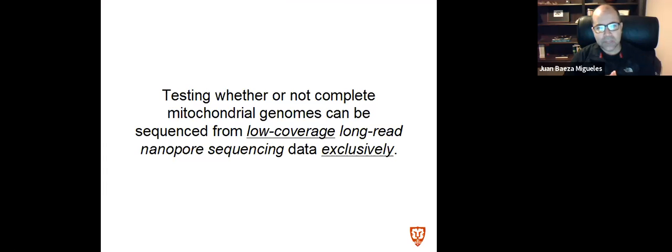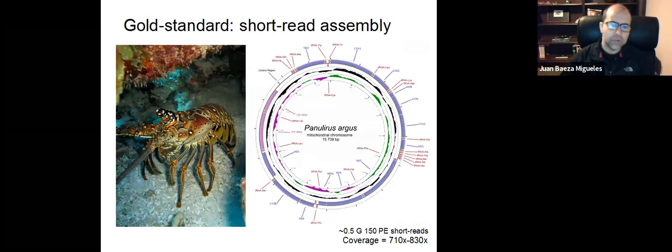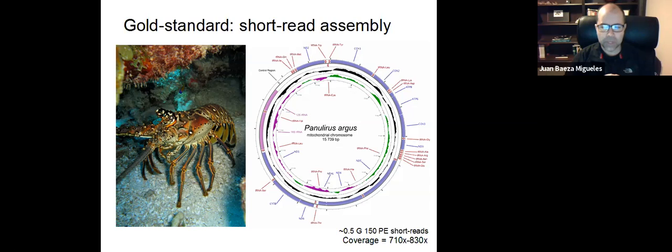So let me tell you first about testing if complete mitochondrial genomes can be sequenced from low coverage, long-read nanopore sequencing data exclusively. And I will speak also about the accuracy of these mitochondrial genomes if we're able to retrieve them. So the first thing that we did in my lab was to generate a gold standard. We sequenced, using well-established protocols, the mitochondrial genome of this species using short reads. We extracted DNA and, using Illumina technology,